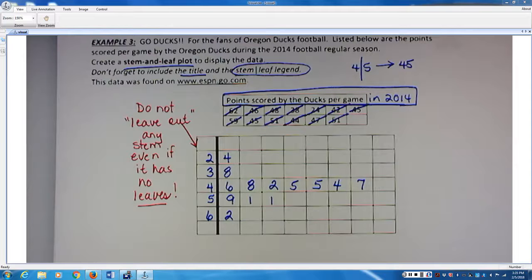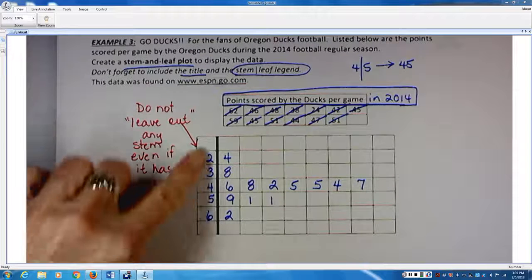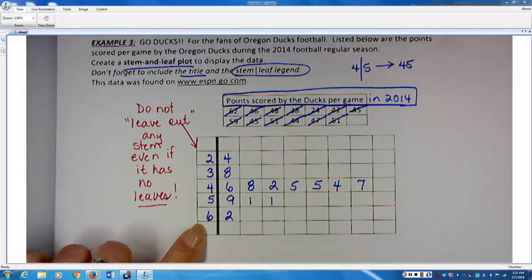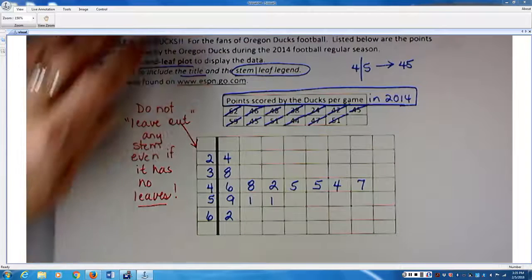You can't have any empty or missing stems. They have to all be included because that's part of your spacing. Everything has to be evenly spaced. Okay? Now the good thing about a stem and leaf plot is that if I turn it up sideways,